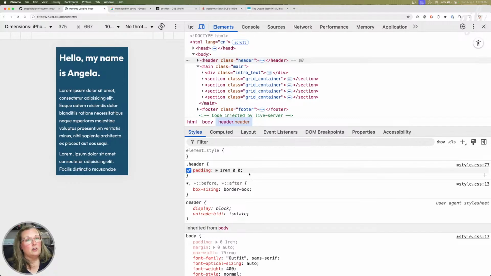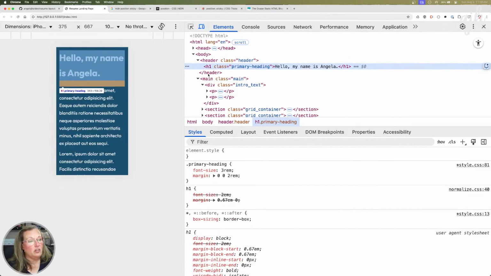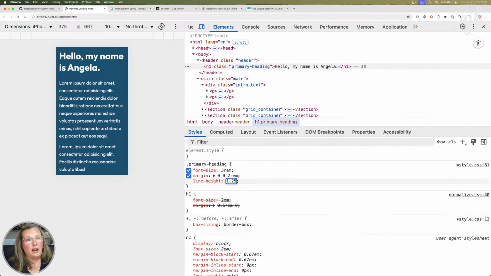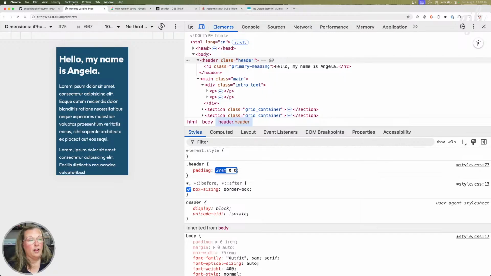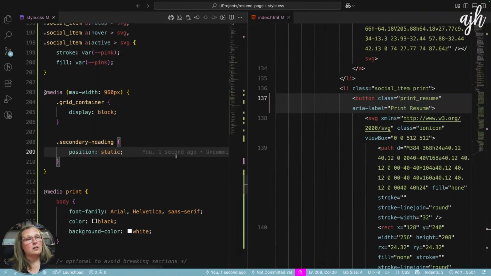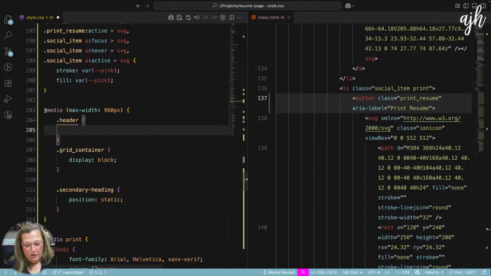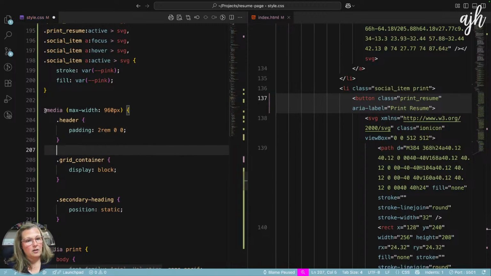Okay, so we'll change that to 1 rem. And I think we should just change the line height, or add line height rather. So we'll just say line height 1.25. Oh, maybe we want a little extra padding. Yeah, I think that's okay. All right. So here's our header. Padding will be 2 rems on top, 0 on the left and right. And then our